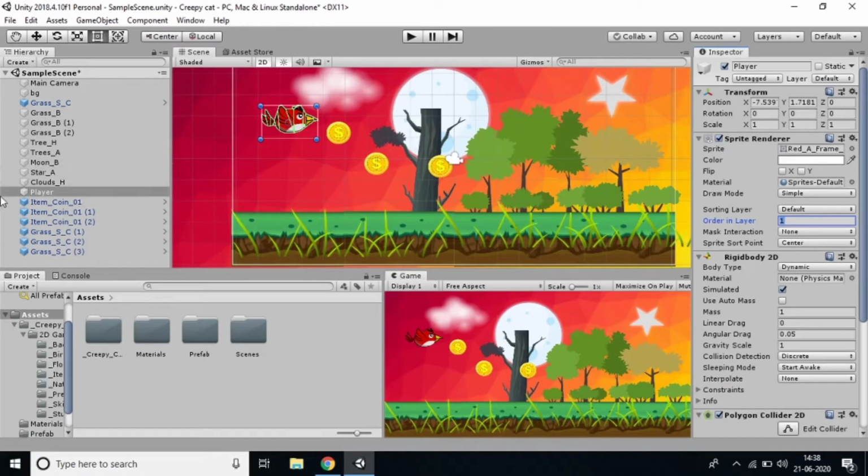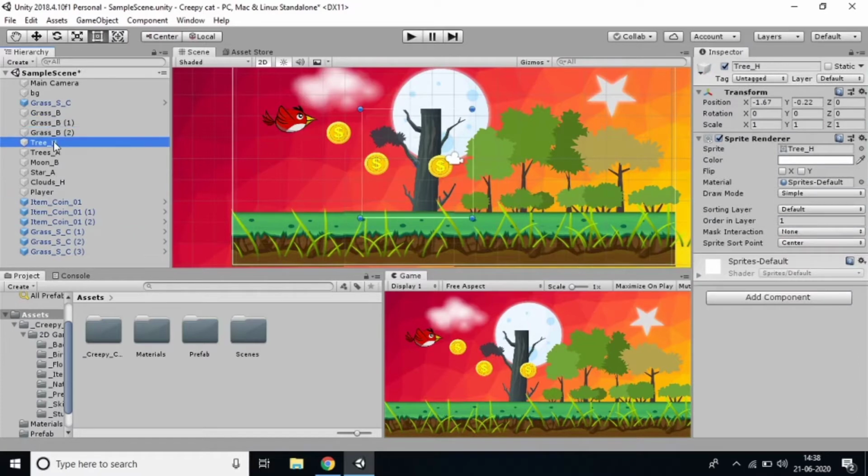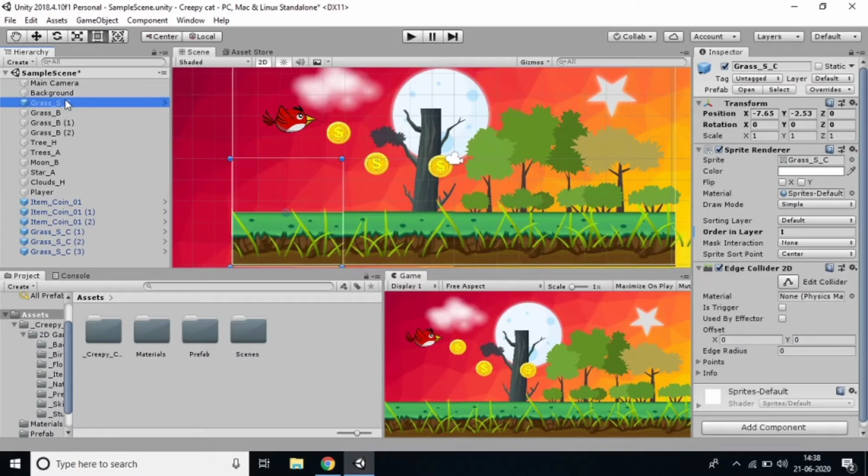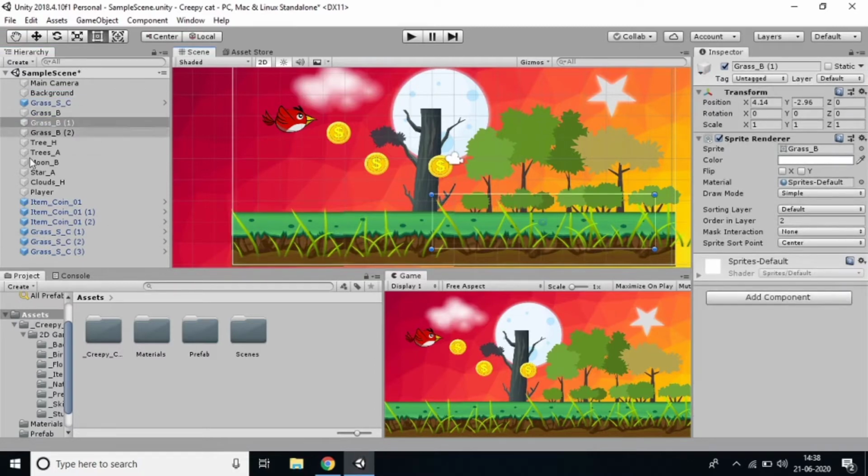Organizing and grouping the assets in a hierarchy. You can see many more assets are there, right? Everything was clumsy, not very good. Everything must be cleared. Just click F2 to rename, and this is background, right? Keep it as background. And this is grass, right? So every grass, this is one grass, this is two grass, every grass should be in the same hierarchy.